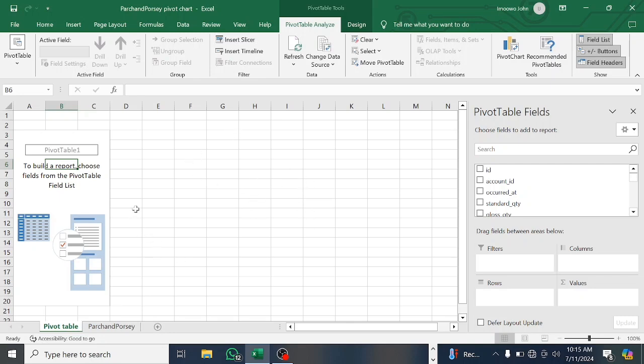So we're going to create a table from this pivot table field. We're going to select the list of items we want on our tables. So first of all, we are going to choose,